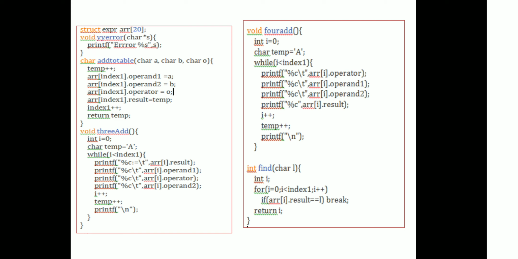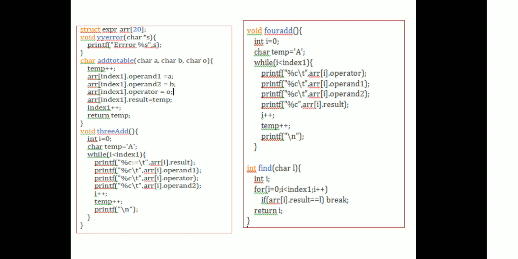Another function is 4 addresses. That is nothing but a quadruple. We are going to maintain the quadruple here, so with 4 addresses we display the quadruples, in a simple format. Here again from I to index 1, we display the quadruples. Now whenever we display the triples,